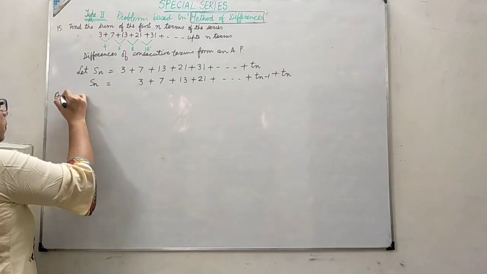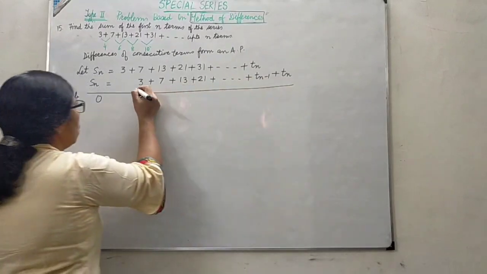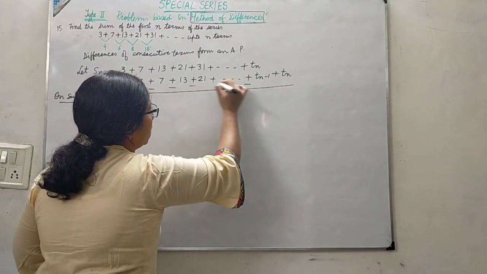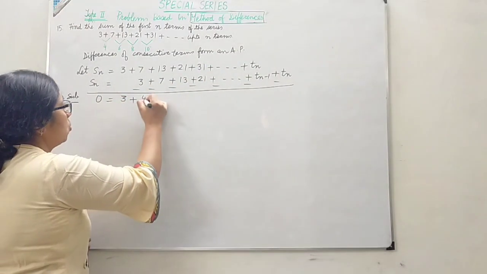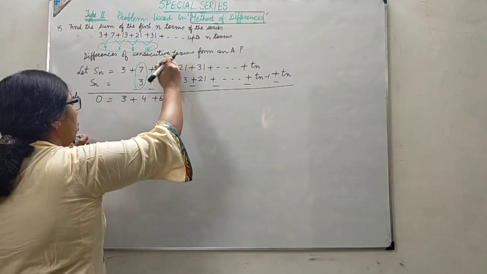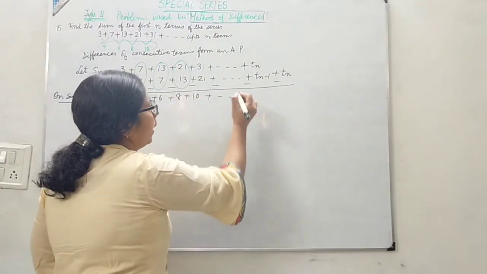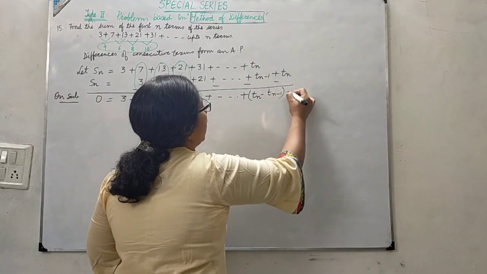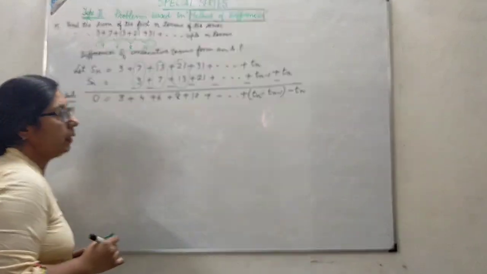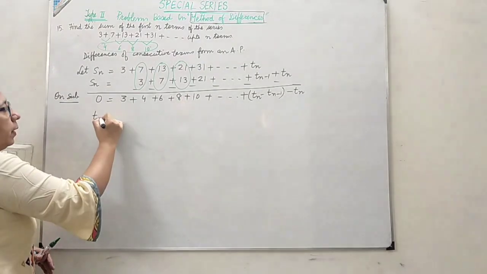After that, on subtracting, we will be getting 0 on left side, and these all terms sign will be getting changed, and we are now having on the right side as 3 plus this is your 4, this is your 6. These are the same differences over here we have got like this 4, 6, 8, 10, etc. And next will be your last difference Tn minus Tn minus 1. Now again this Tn is general term we want to find. This is your 0, so it will become Tn.